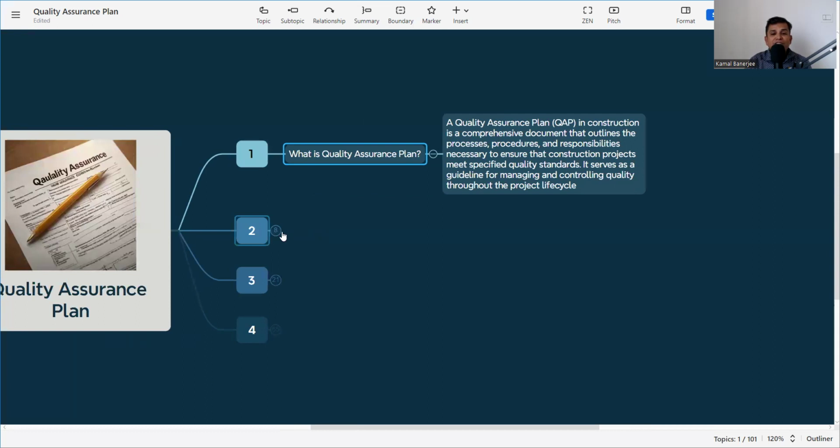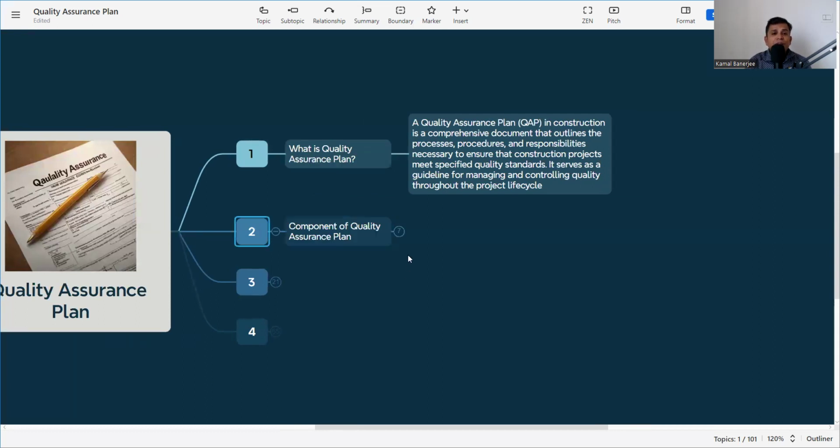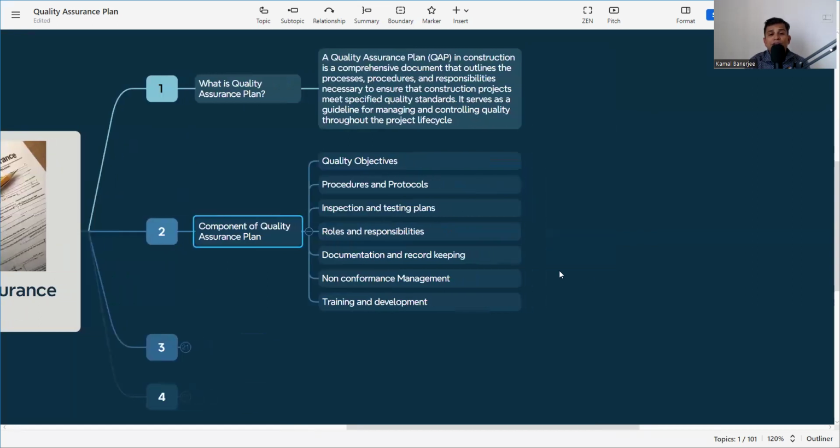Now, the next part is the components of a quality assurance plan. That means what are the components of the quality assurance plan? These are the things we need to keep in our mind whenever we are preparing a quality assurance plan, because if we are not well aware of all these facts, we are not able to prepare one. First, we need to understand the quality objective.